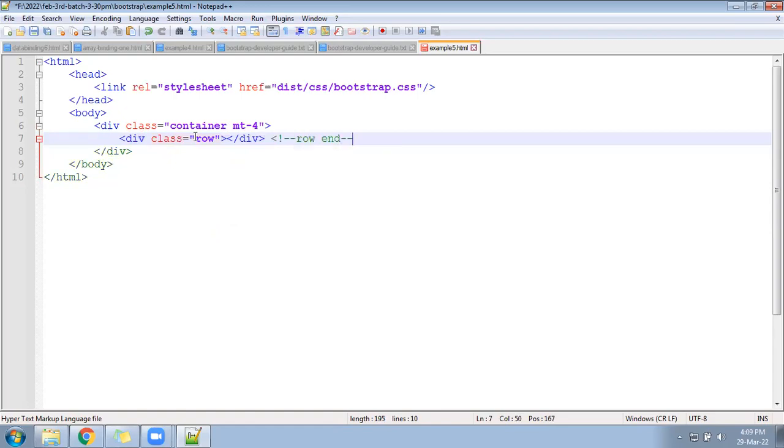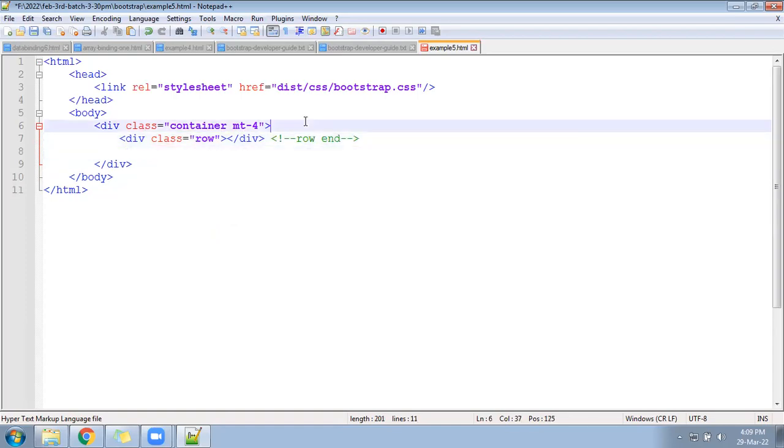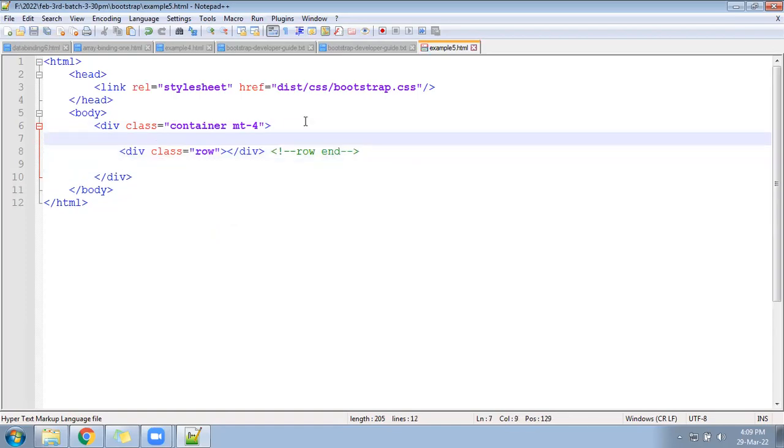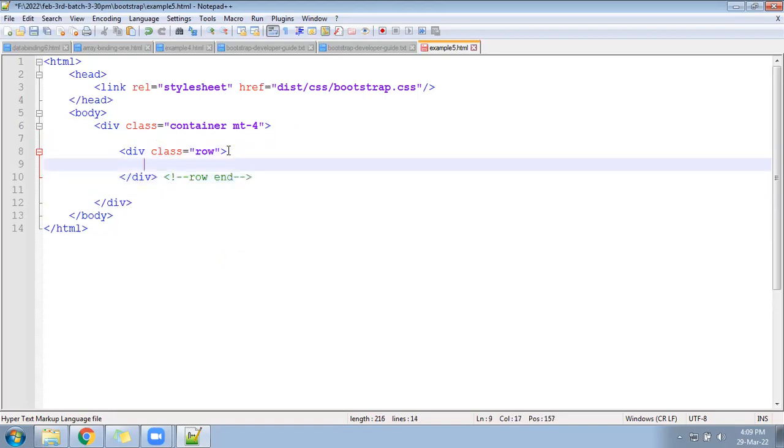It will guide you properly where the row starts and where the row ends. Inside the row we are going to make a total of 3 columns, or maybe 4 columns also we can create.